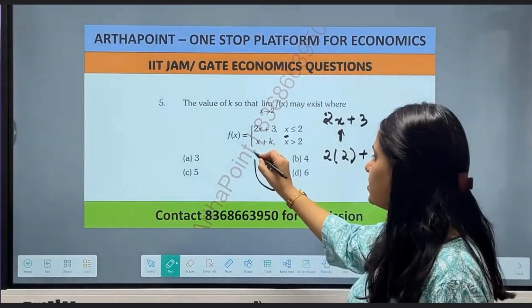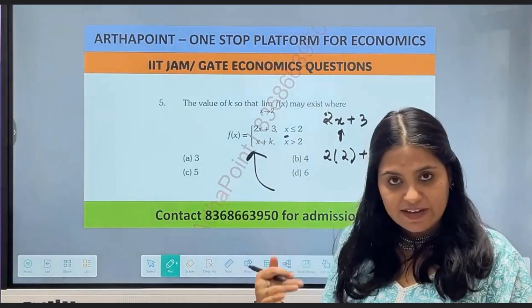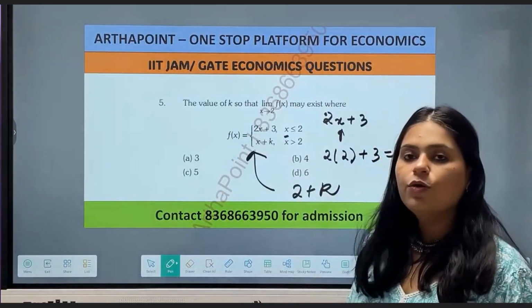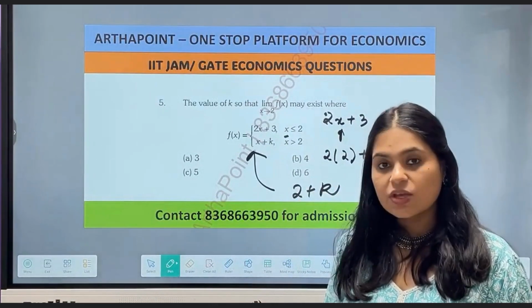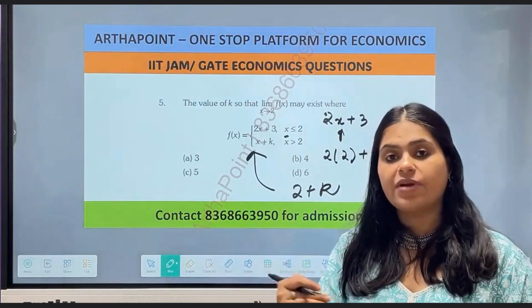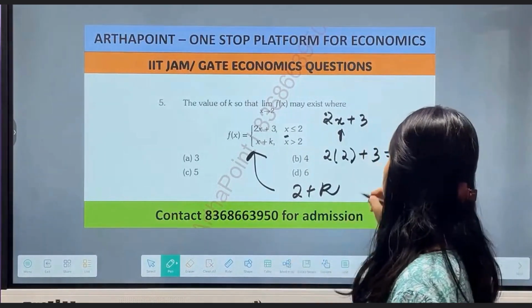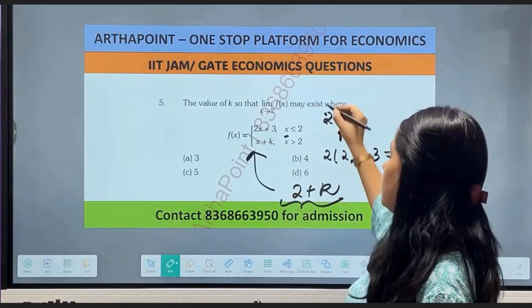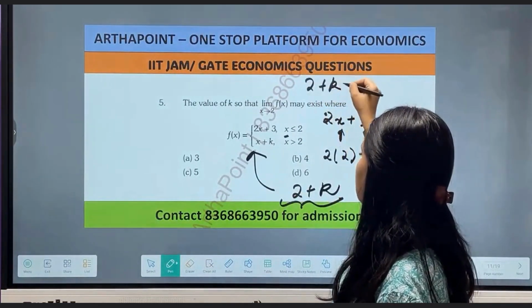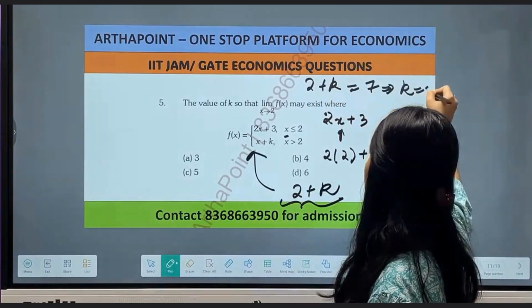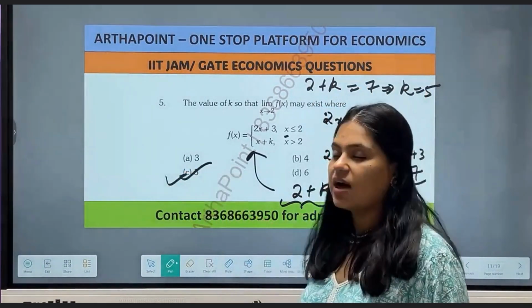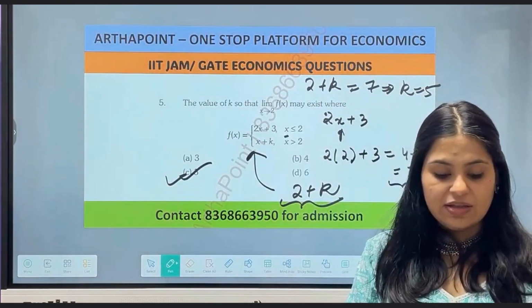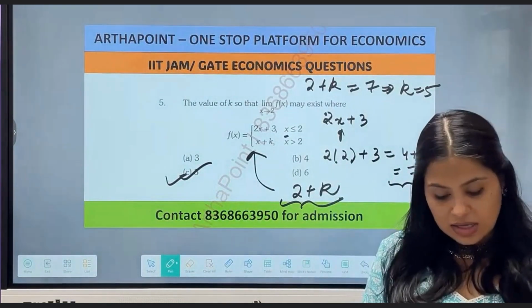When I put 2 in this side of the function, because left hand and right hand have to be equal, what will I get? Instead of x, put 2, 2 plus k. For the limit to exist, your values from left hand side and right hand side should be equal. That means if one is giving me 7, the other should also give me 7. So 2 plus k should be equal to 7. So k should be equal to 5. So the correct answer to this question is 5. That limit will exist only when the left hand side and the right hand side are equal to each